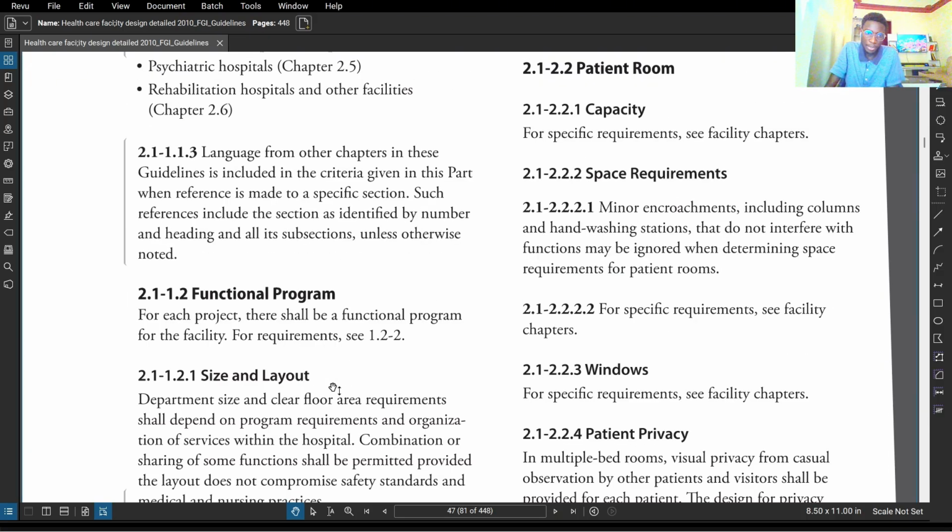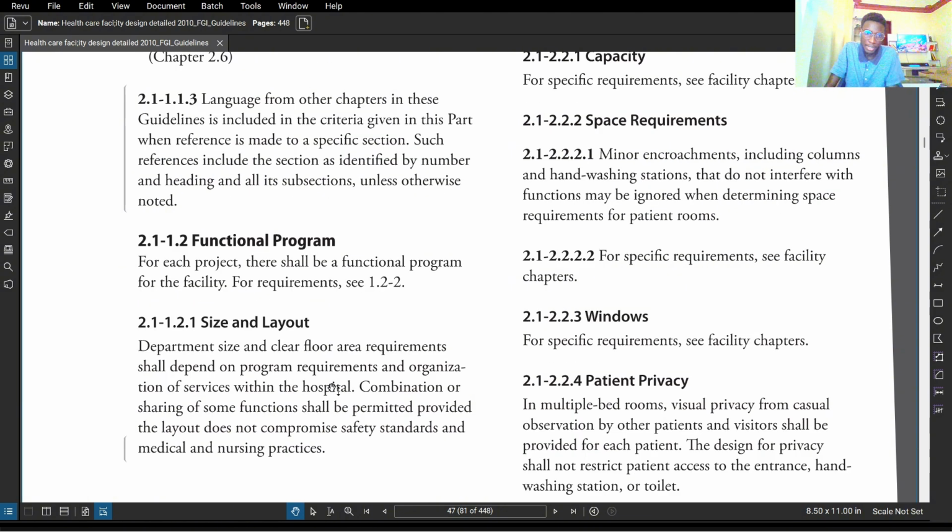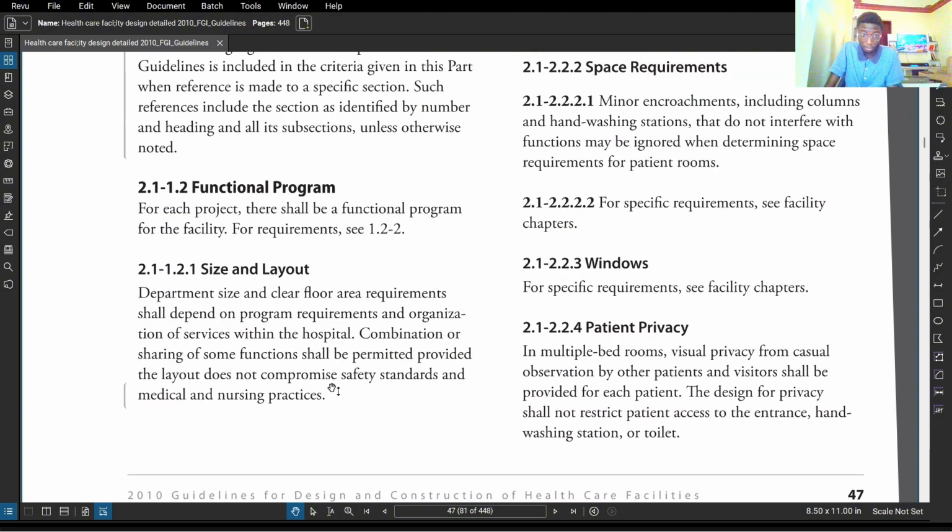Functional program. For each project, there shall be a functional program for the facility requirements. Department size and clear flow area requirements shall depend on program requirements and organization of services within the hospital. Combination or sharing of some functions shall be permitted provided the layout